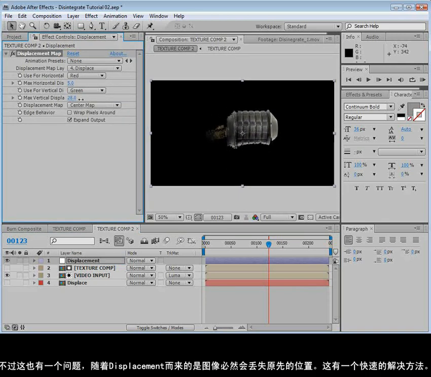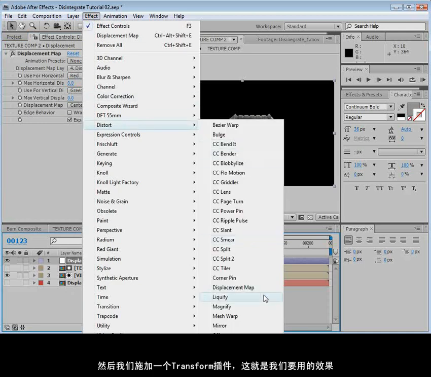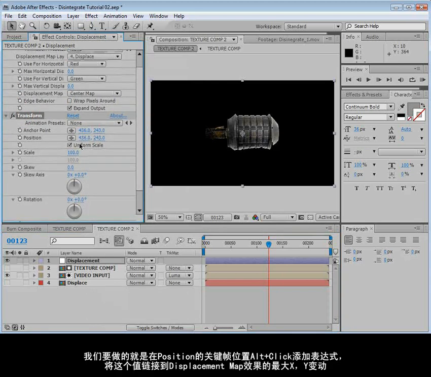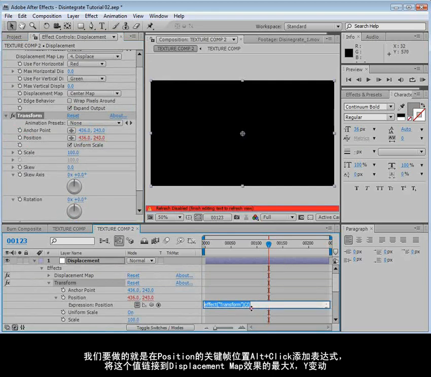One thing that happens with the displacement is the image loses its position where you probably want it to stay in one spot. So there's a quick solution. We're going to take the displacement layer. So we're going to choose Effect, Distort, Transform. So the transform is the effect we want to bring up. And what we're going to do is Alt-click on the position, and we're going to type value